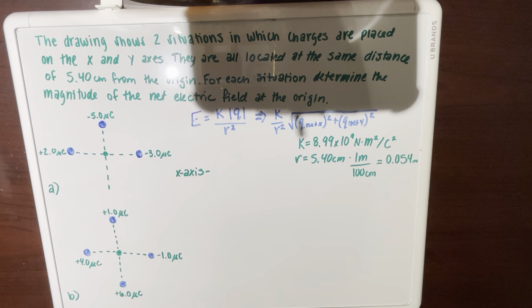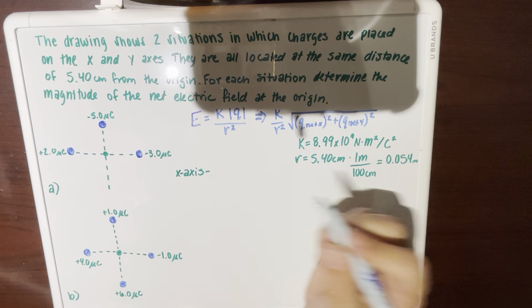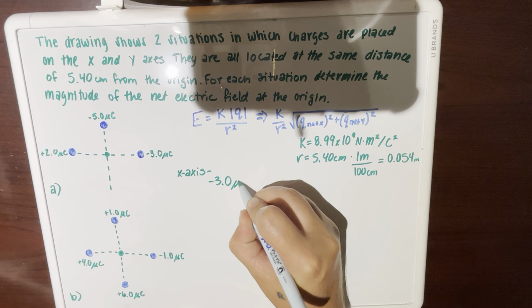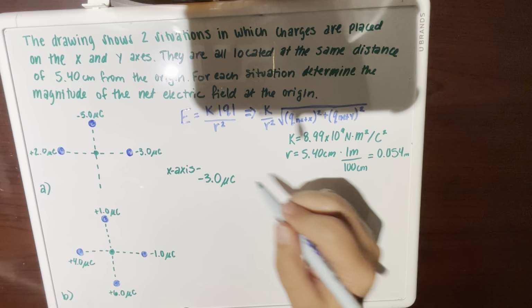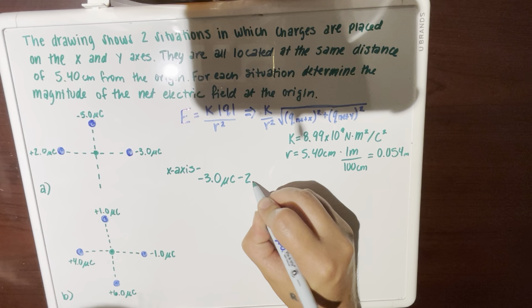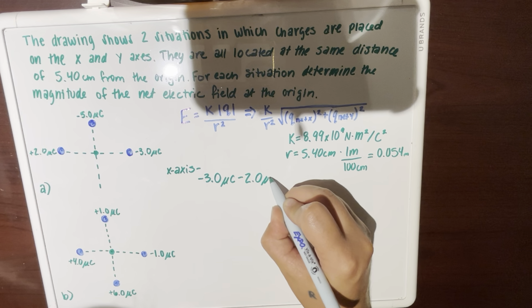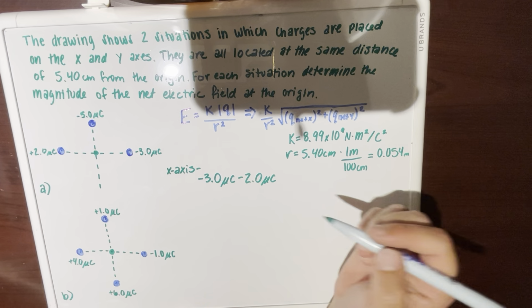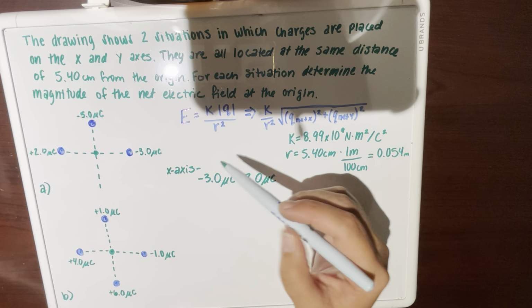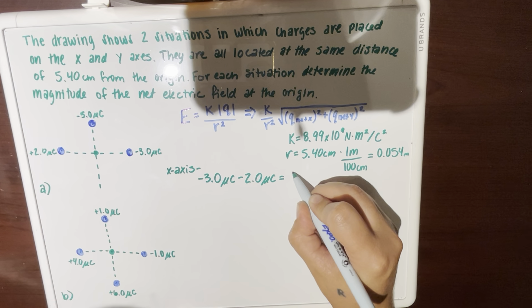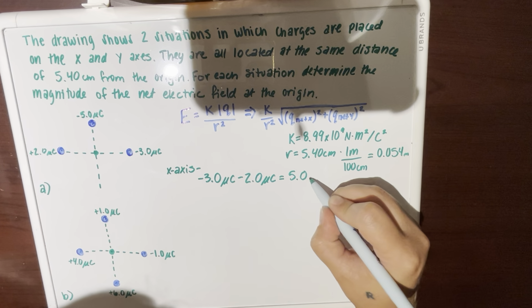So if we take a look at situation A, the x-axis, we're going to start with negative 3.0 microcoulombs minus, because we're going to the left, 2.0 microcoulombs. But since we want the absolute value, it would be negative 5, but we're just going to put 5.0